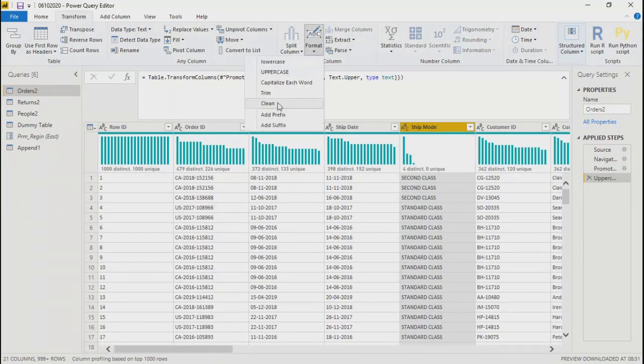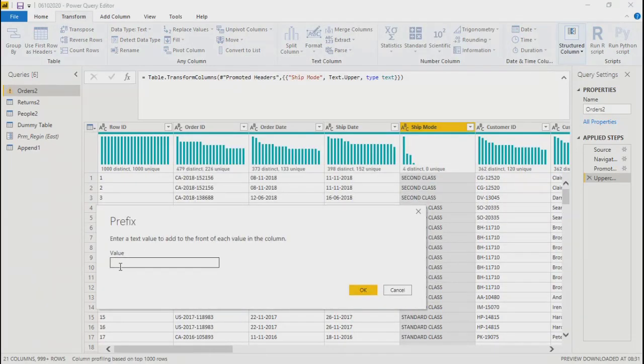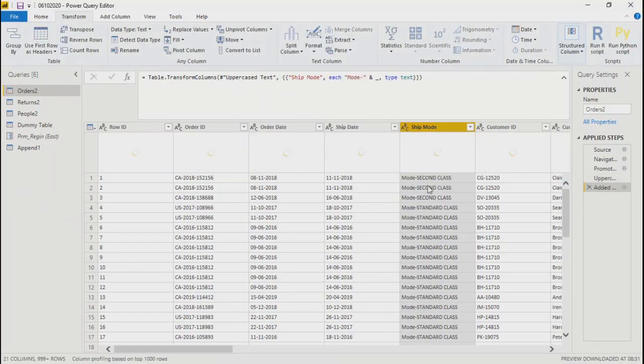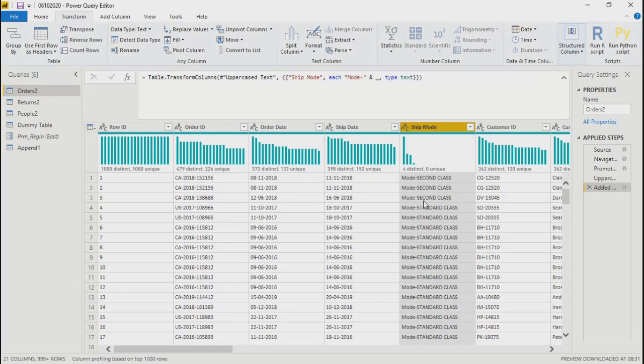Or maybe let's say add prefix. If I add the prefix mode, it will add mode to all the values.